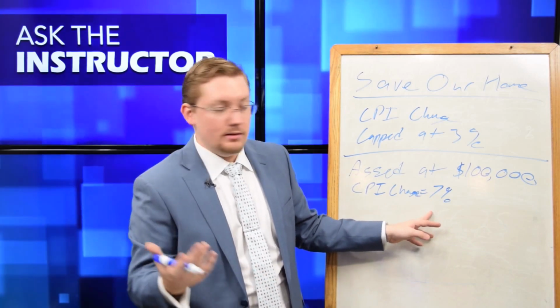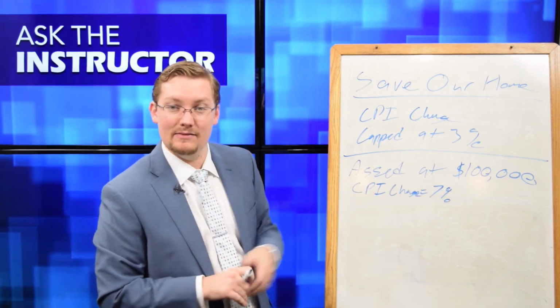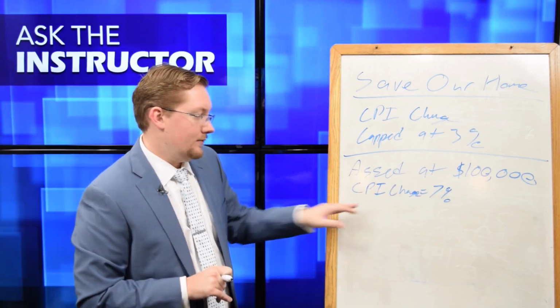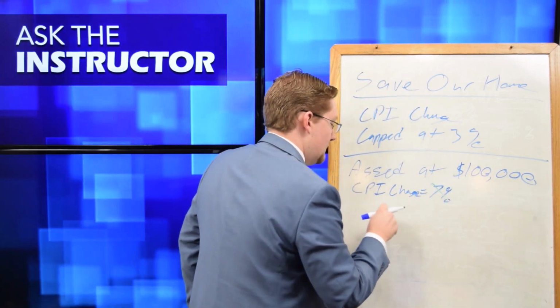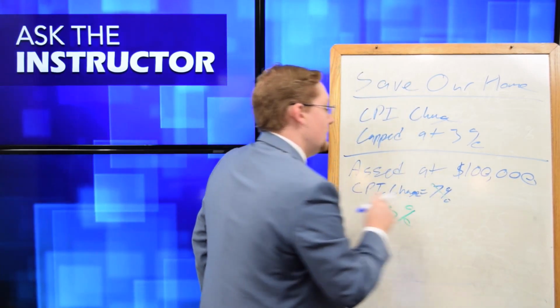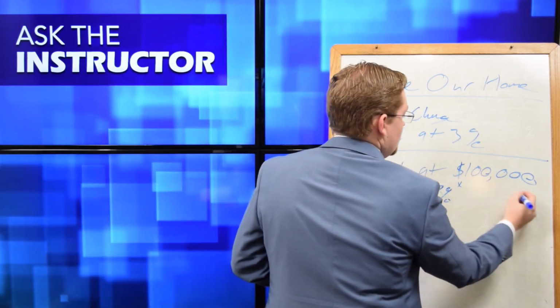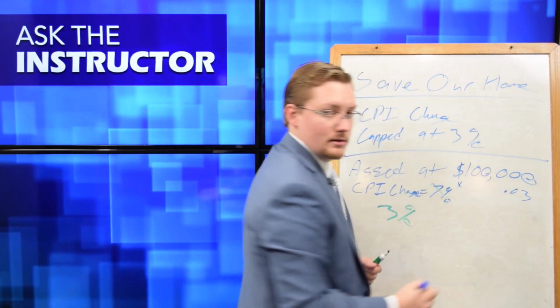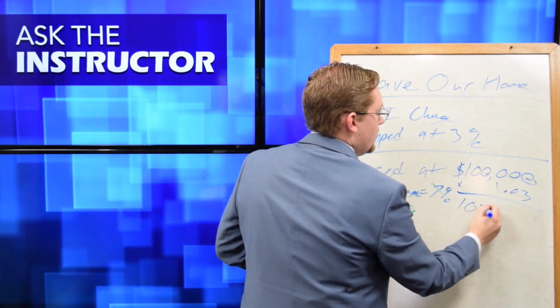Or the assessor could go up 10% if they deem fit for the property. This basically means nothing if it's not a homesteaded property. But if this is a homesteaded property, we're not concerned about the 7% because we know the max is only 3% that it could go up year over year. So if it goes up that 3%, I'm just going to multiply this by 0.03, and a real quick trick you could do is times 1.03, and you're actually going to end up with